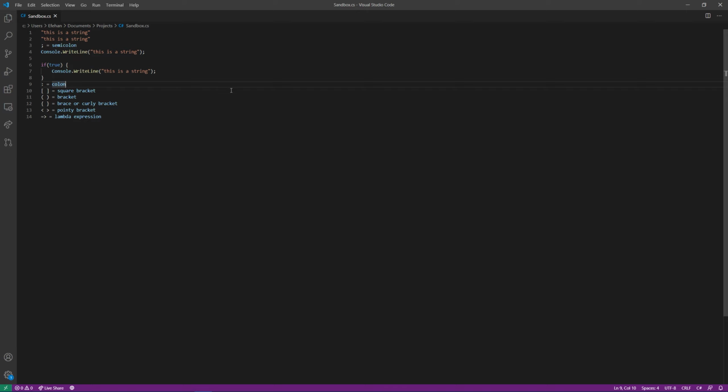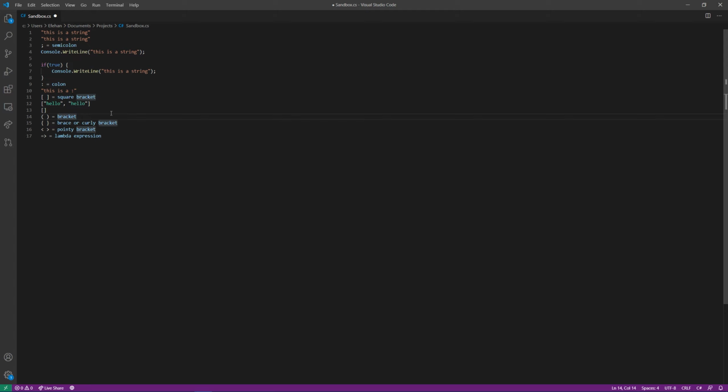Let's go to the next symbol, and that is a colon. Now a colon is not something we're going to use a lot in C#, but for example when I say that we're just going to type this is a colon, then I just simply mean this. Another thing we're going to use are square brackets, and they simply look like this. We can put something in between square brackets in C#, or for example put a few strings in them like this, and that basically means that it's an array. So when I mean an array, I mean this,